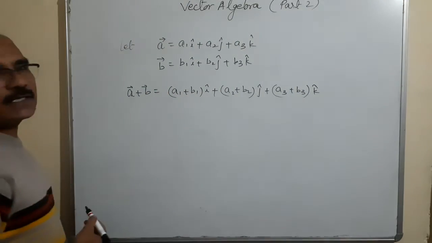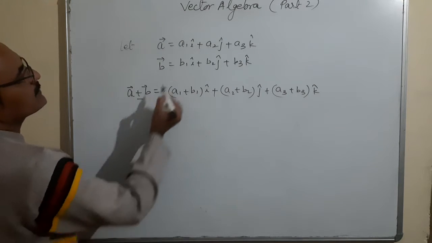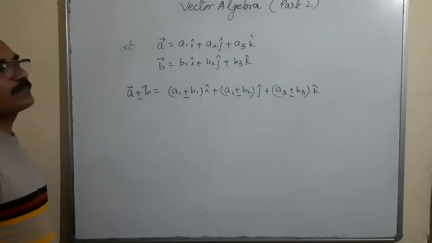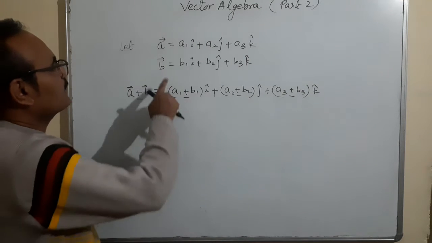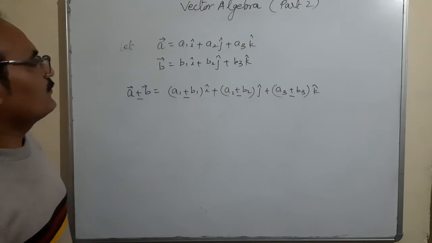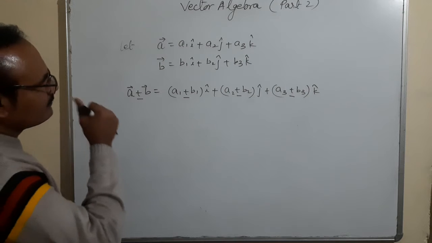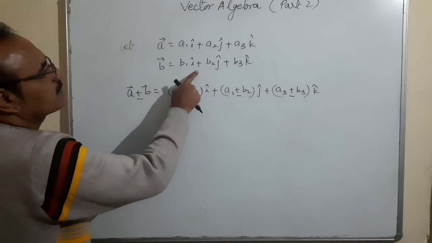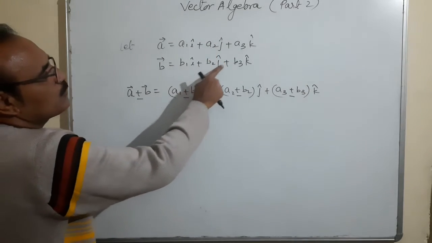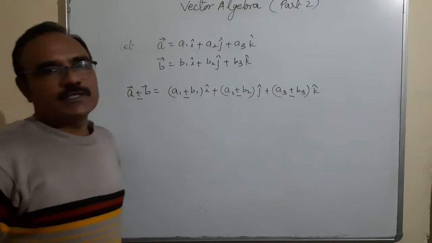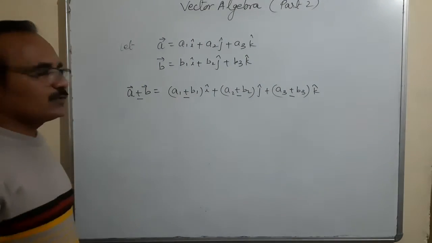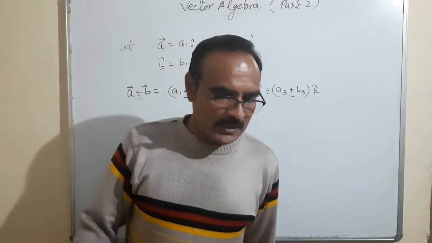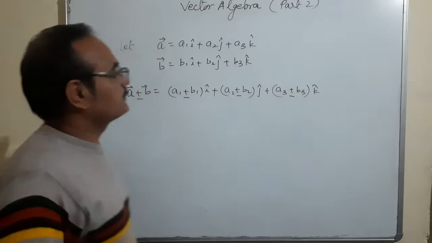When we go for subtraction of the two vectors, the plus becomes minus, minus, and minus. Okay, because we have subtracted, all the signs are changed, and we can write like this. A minus B is equal to, taking I common, (A1 minus B1)I, plus taking J common, (A2 minus B2)J, plus taking K common, (A3 minus B3)K. You can treat it like that. Okay, and you know that when scalar quantities are added or subtracted or multiplied, they remain as they are. Now the vector joining 2 points.